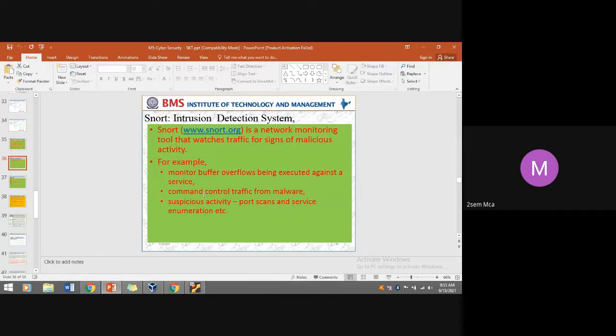One of the things the Snort tool is going to detect is buffer overflows, being executed against a service. If a service request exceeds the buffer limit of the server, the server is going to crash.